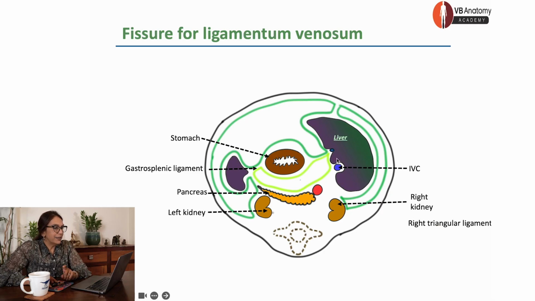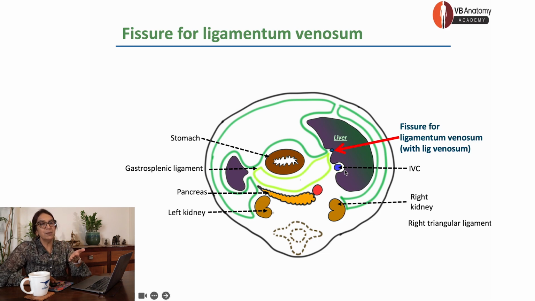Now let's move a little further and go to groove for ligamentum venosum. What is ligamentum venosum? A remnant of ductus venosus, a duct that was helping to bypass the liver during fetal circulation. Enough, don't need more at this stage. Right, so that's the fissure for ligamentum venosum, and in the floor of the fissure you can see the ligamentum venosum itself. And now this image shows you how a double fold of peritoneum from greater sac and a double fold of peritoneum from lesser sac both are anchored into the fissure for ligamentum venosum.